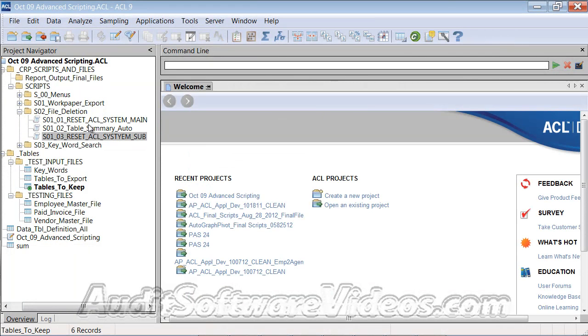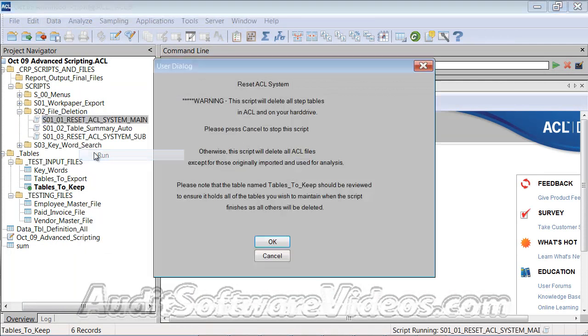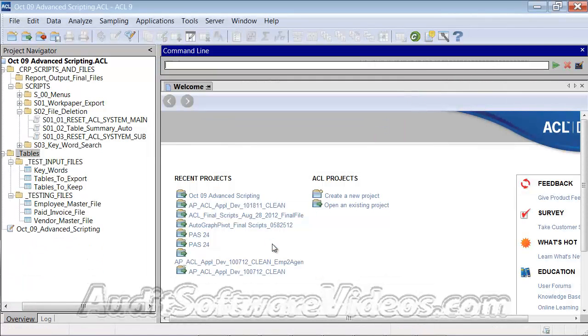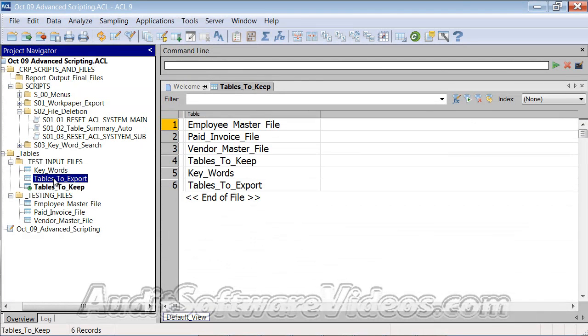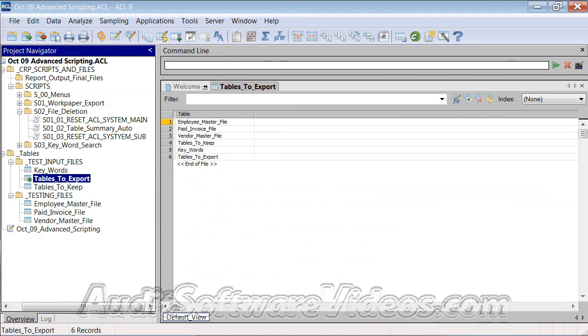Okay, so this is now reset ACL main. Again, I'm going to have this nasty thing that'll say, please, don't do this without thinking about it. You'll hit the OK button, and then it'll run through. And notice here that the sum and the data table definition have been deleted, and we now have the main tables remaining in here. So